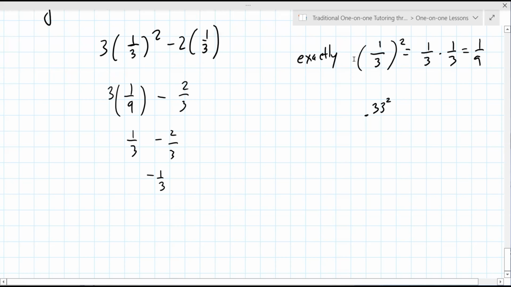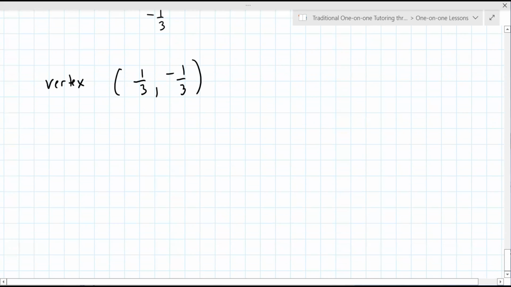And I know that's probably really uncomfortable. We maybe should spend some time using a calculator to show you how to navigate that a little bit, but this is going to cause you problems down the road. But nevertheless, what you have to do is summarize and say the vertex is 1/3 comma negative 1/3. Okay. Now, the axis of symmetry